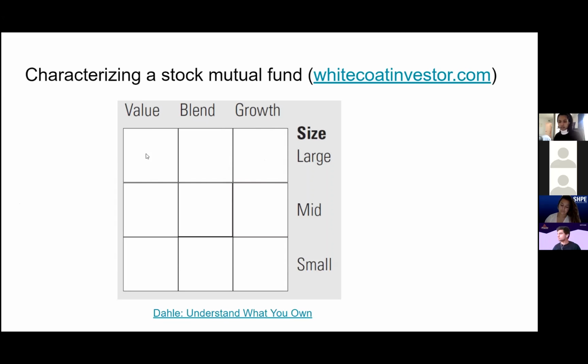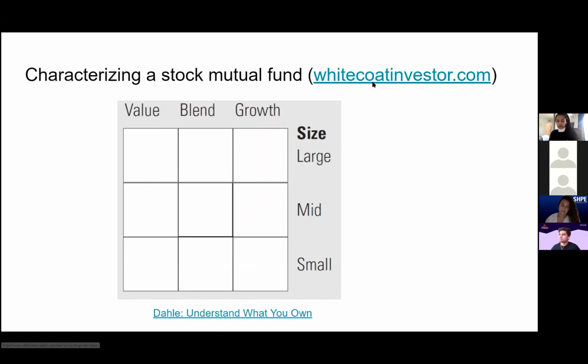And these tend to be your more well-established companies like utilities. Maybe they pay a dividend. Value funds tend to be, at least large cap value funds, very mature, very stable. All your growth funds tend to be your big tech stocks. So these are the dimensions that you would use to characterize a stock fund. And all of these boxes collectively, that's the total market.